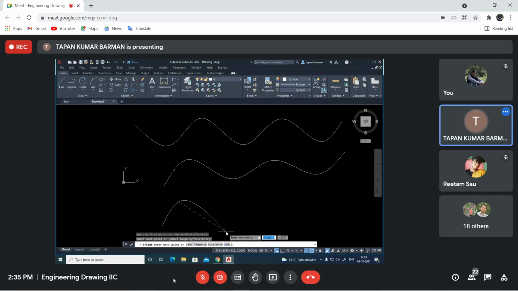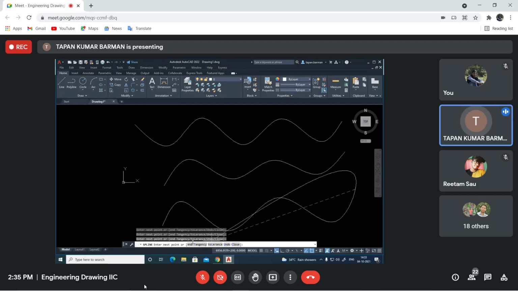Say this one, this one, this one. Here also we may control the end tangent. You see, if I change the position of this point, then the shape of the curve may change, may vary. So that depends on the end tangent here, end tangency.